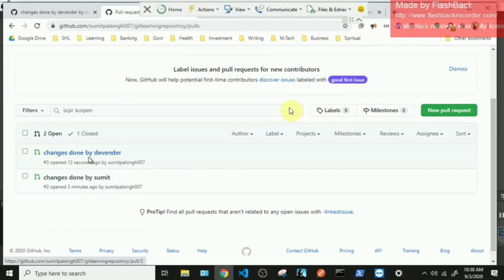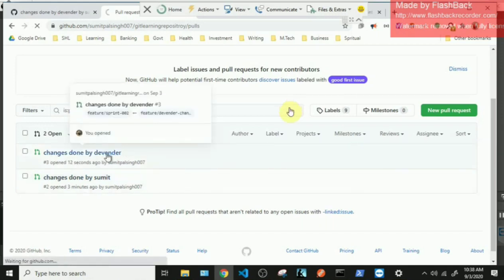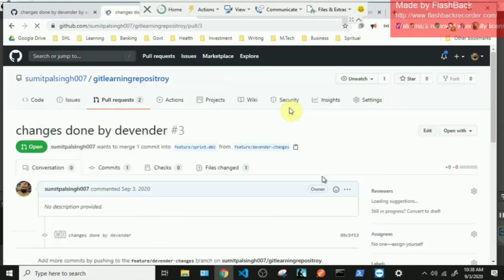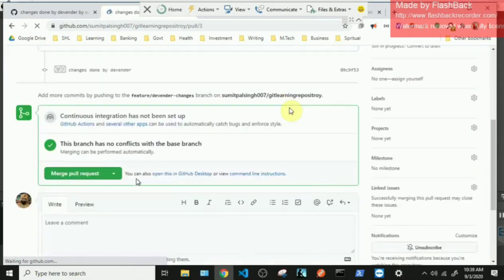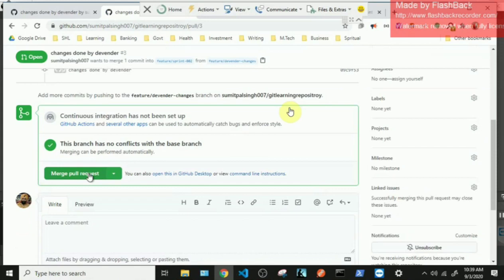So when we are at the end of the 2 weeks of our sprint and we realize that we need to merge all the pull requests now, what I'll do is, one by one, I'll open Devinder's pull request first and I will merge this pull request. I'm writing a message as well.